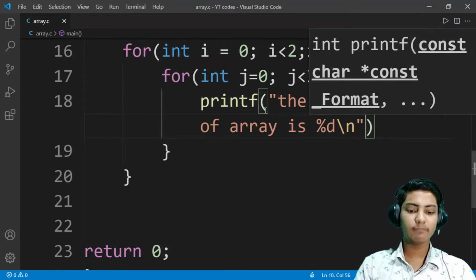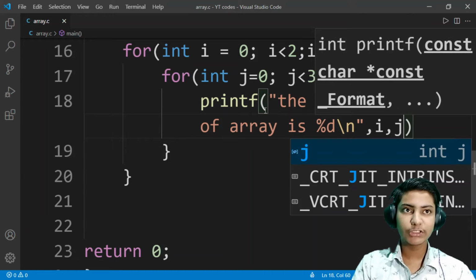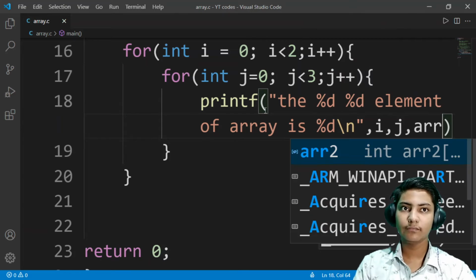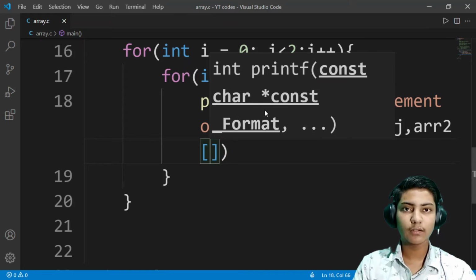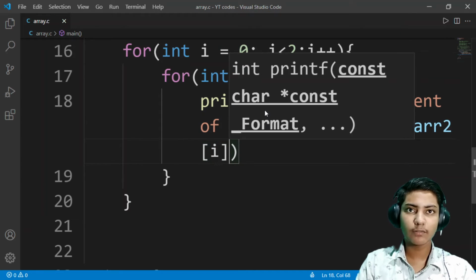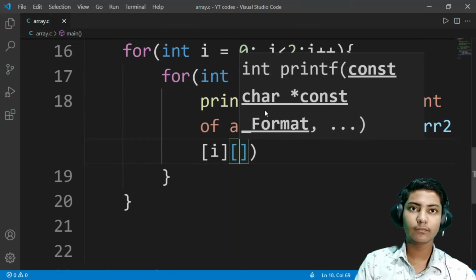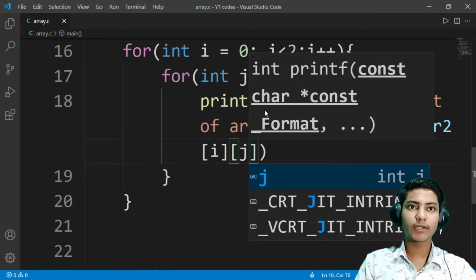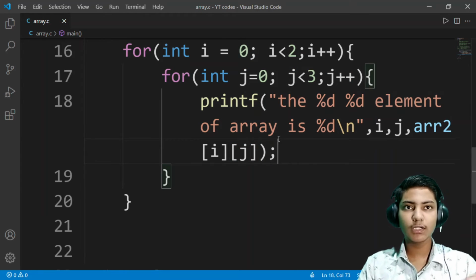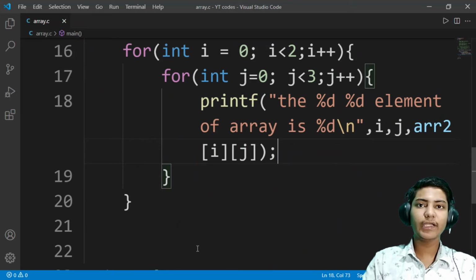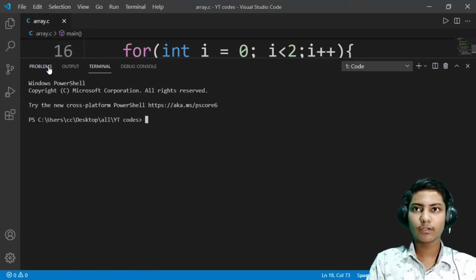Now the variables, so here i comma j comma array2, and here i in square bracket 1, then j in square bracket 2, then the semicolon. Then let us check again if it is working here.